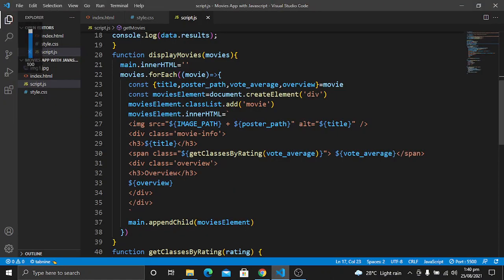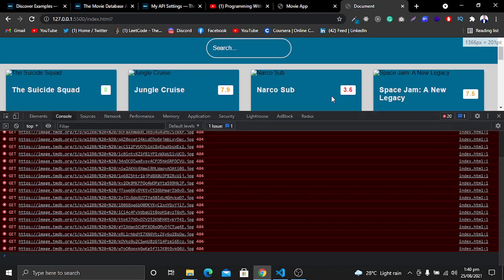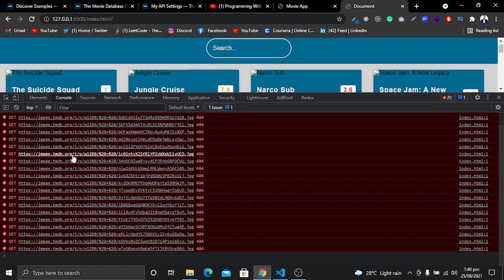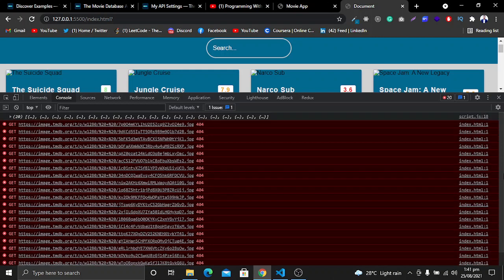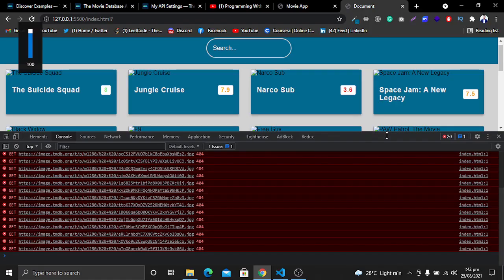So in the code editor, let's see what's going on here. Let's save and check. So we are getting the error. Refresh the page. So in the terminal I will check what's going on here. So we are getting some error about the images. So we will fix it. So first of all, fix this error.